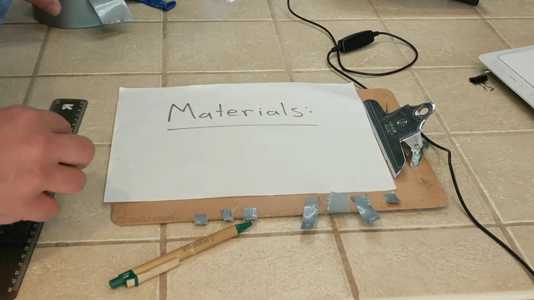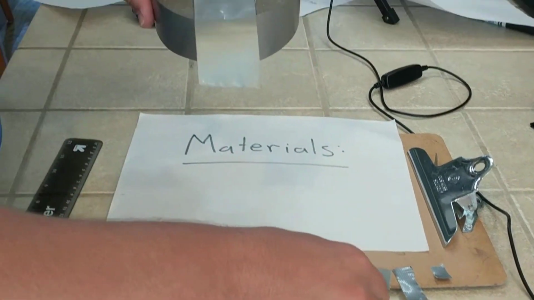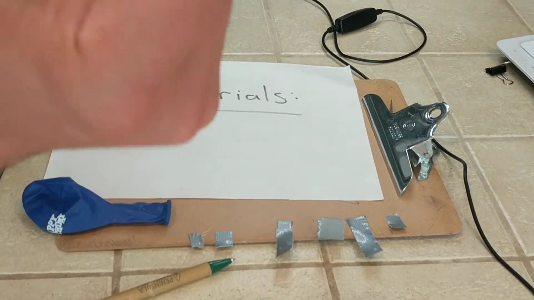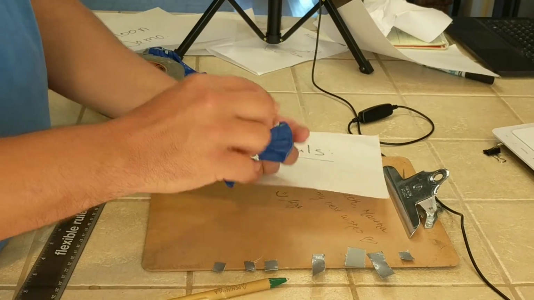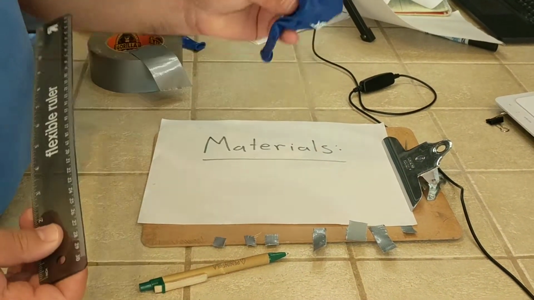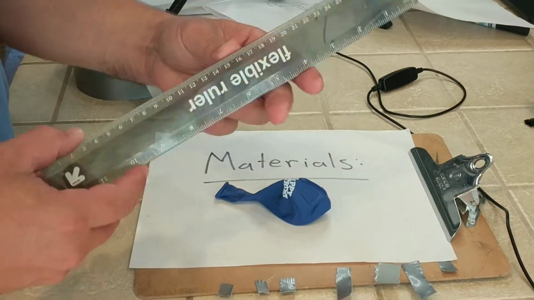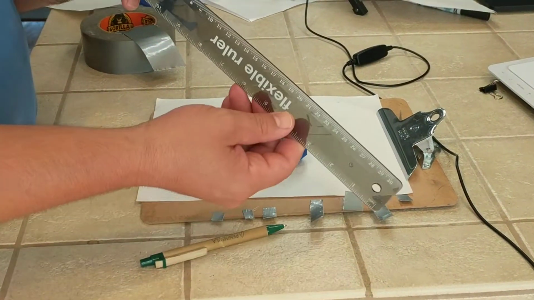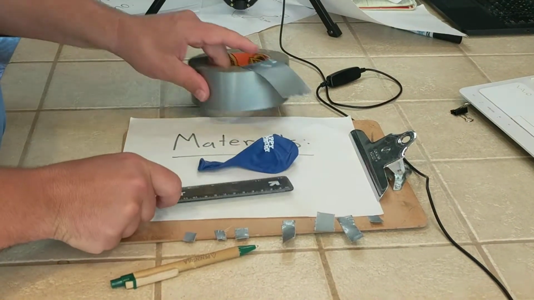Okay, so the next thing I want to talk to you about in this demonstration is the materials. What materials are we going to be using? So we're going to be using tape. We're actually going to cut little pieces of duct tape off like this into little tiny squares. Then we'll be using a balloon right here and we'll be putting those little pieces of tape onto the balloon. Also, for our demonstration, we're going to use a ruler and we're going to use the millimeter centimeter side of the ruler. So right now, those are the materials.